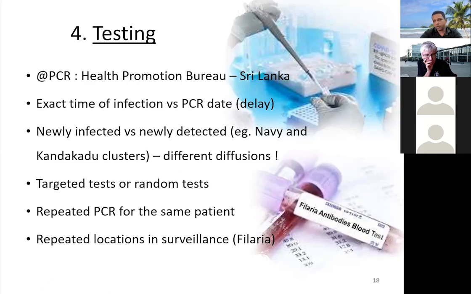And sometimes there are repeated locations. In lymphatic filariasis, this happens because some testing targets certain regions only. So if you infer them to district or MOH area level, we have to be careful. Even in dengue, this might happen. We should be careful with that kind of repetition. If it is repeated, we had better cope with that repetition. Otherwise, without knowing that, we can just count, but it may misinterpret the situation.